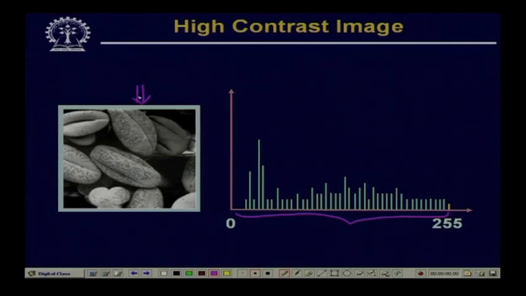So, as we said, the nature of the histogram shows the global appearance of an image, which is also quite obvious from these 4 different types of images that we have shown. The first one was a dark image. The second one was a bright image. The third one was a medium category image, but the contrast of the image was very poor. And we will say that this fourth one is an ideal image, at least for visualization purposes,